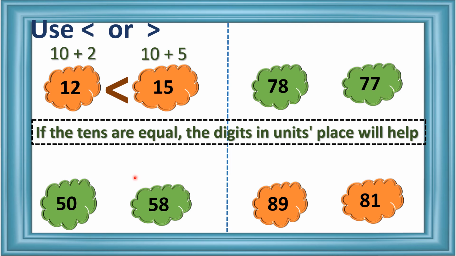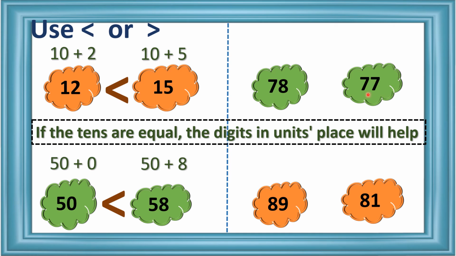Right? Very good. About this, 50 plus 0, 50 plus 8. Here in the unit place, we can see 0. In the unit place, here we can see 8. Yes, absolutely. 8 is greater. So, the first number 50 is smaller than 58. Got this? Come on, tell me here.